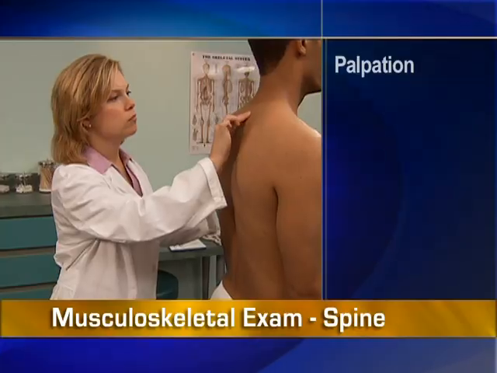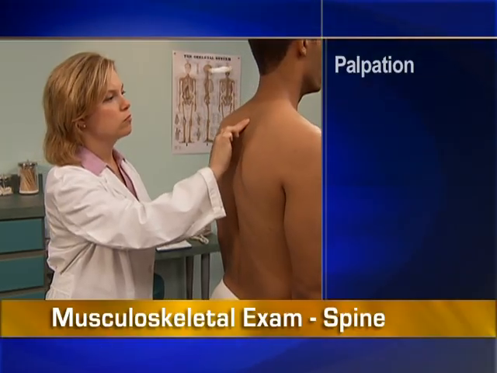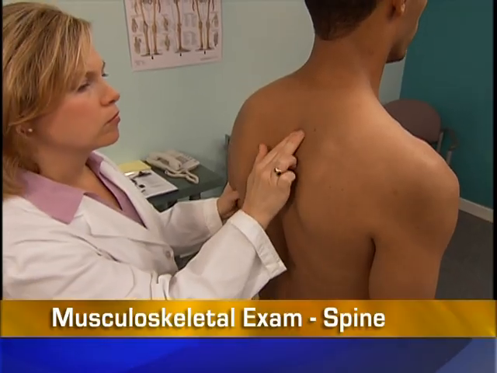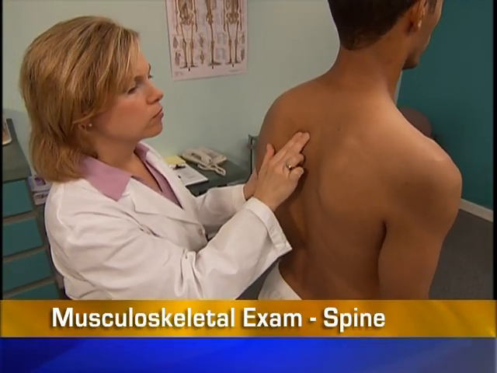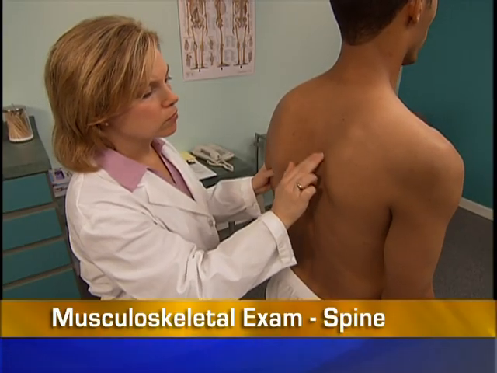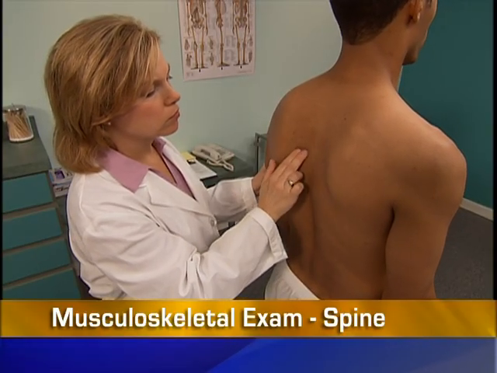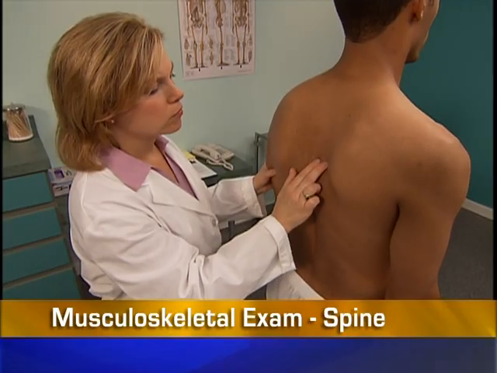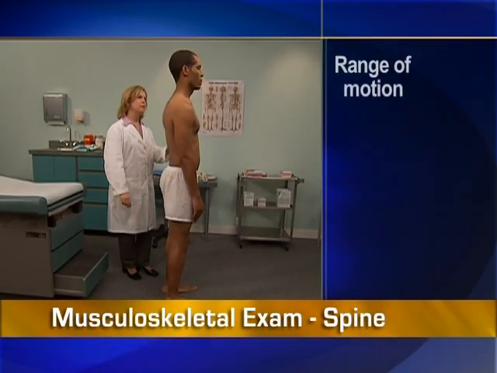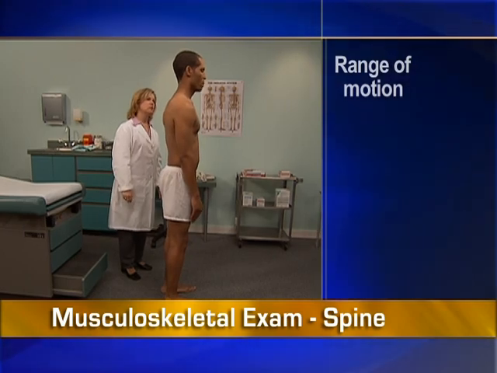Palpate the spinous processes, which normally are straight and non-tender. Also palpate the paravertebral muscles. They should feel firm with no tenderness or spasms. Check spinal range of motion by having the person bend forward and touch his toes,